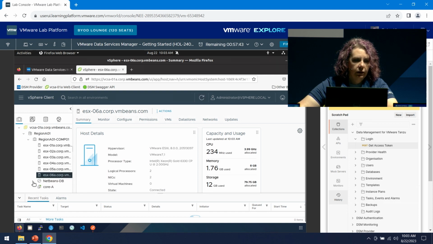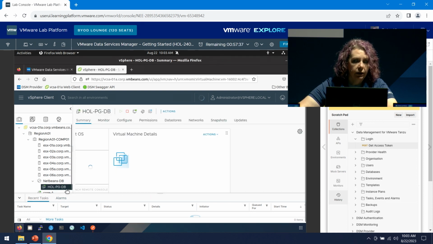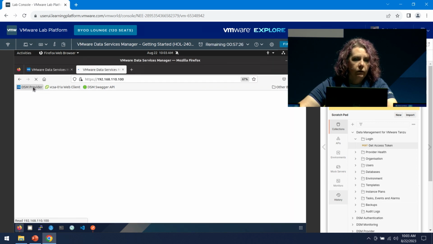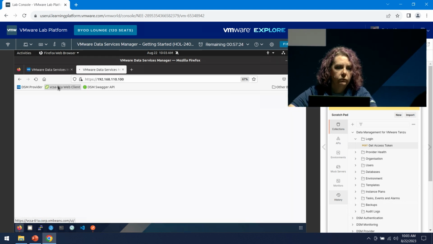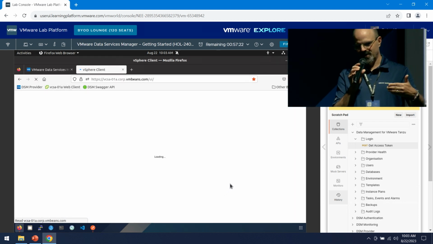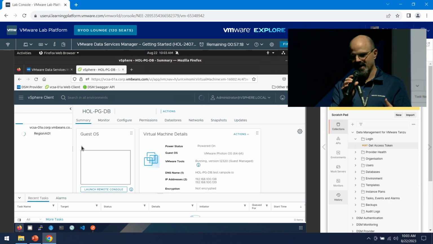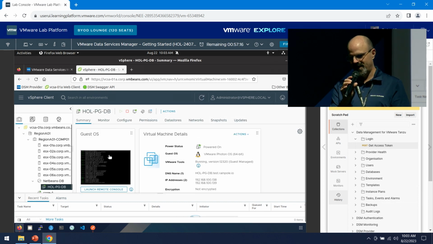So you can see I've got a resource pool down here. My VM is created already and it's up and running, but a lot of what DSM is doing now is the install and configure components, right? And you can see in that guest OS console that was back there, there was the scripting of the install going through on that console. So you can actually watch the progress on the VM itself,